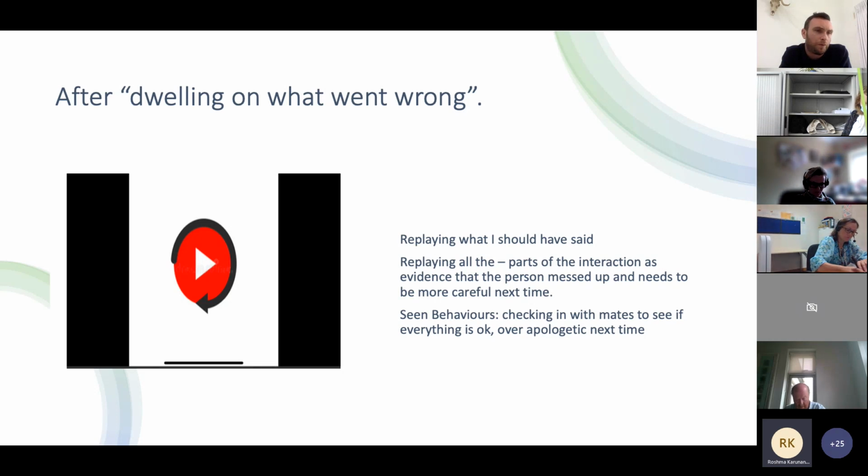Also, other things that you can see will be things such as a person might say, well, I always text my mates afterwards because I want to make sure that we're okay and I didn't say something silly. Or maybe what I do is I tend to over apologize. So whenever you listen to the person's narrative, what you're really picking up on is what the person is doing, because often what they're doing is maintaining the problem. Okay, so we have to help people to understand and normalize the situation, but also help them to see that some of these behaviors aren't helping them to get better.